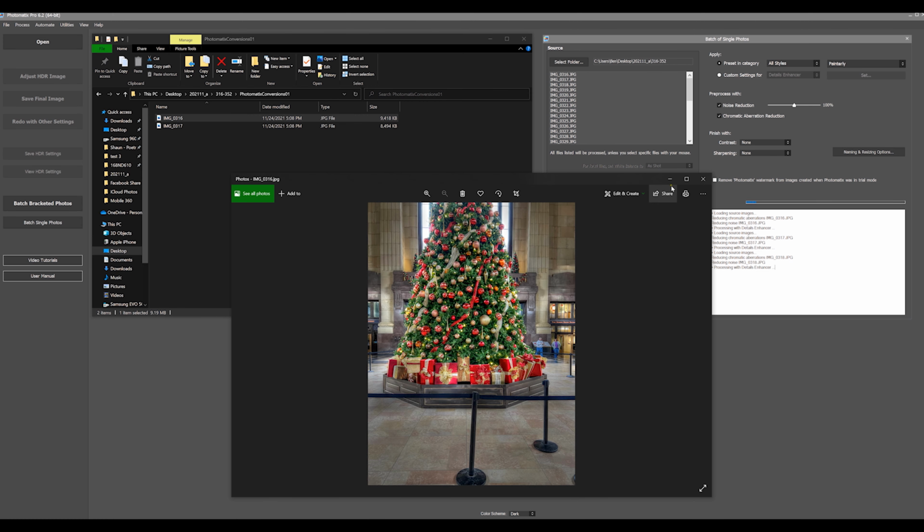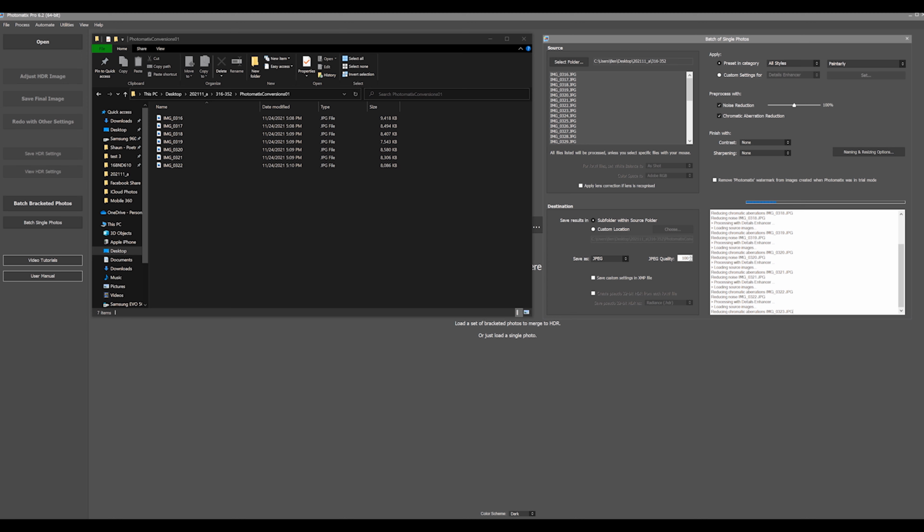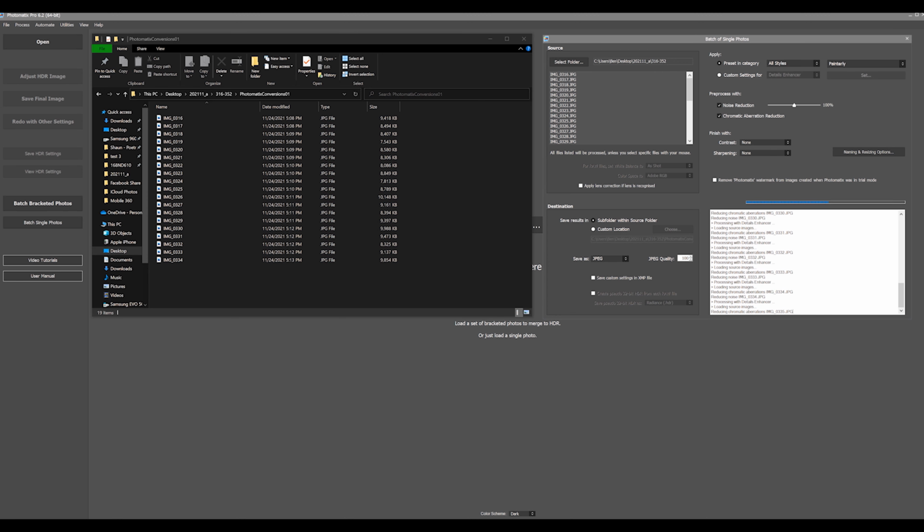Go take a break. We're right now in fast forward, so this took probably 20 or 30 minutes for my computer to process it. I have about a 5-year-old computer, so my graphics card's not super fast, but it does get the job done. And then once it finished, I took all of those edited HDR photos and dropped them